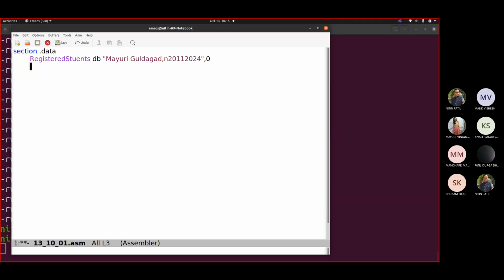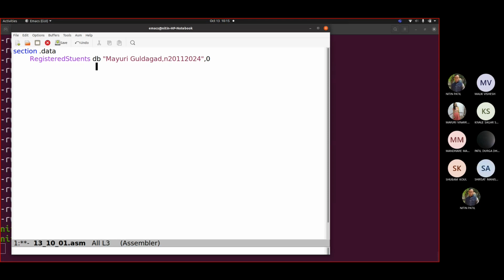Okay, now suppose I want to add another record of a student. Say now in that case, I have to declare maybe a second record, or I have to write probably in continuation to this. So what exactly we do generally whenever we have multiple values to be represented, so we use this kind of stuff.